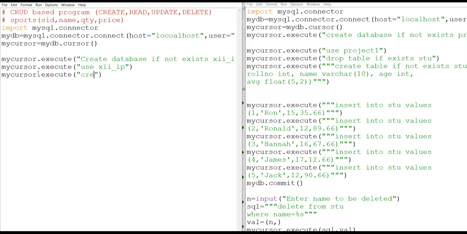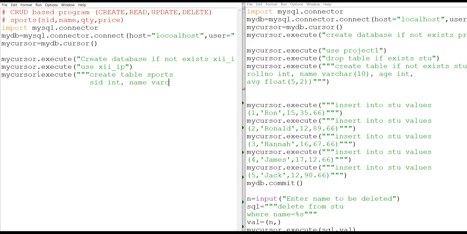We will be writing create table, and I'm writing this in multiple lines. Create table sports. Then we need to give the values. First is SID. We are assuming that SID is of type integer, comma. Then next is name.